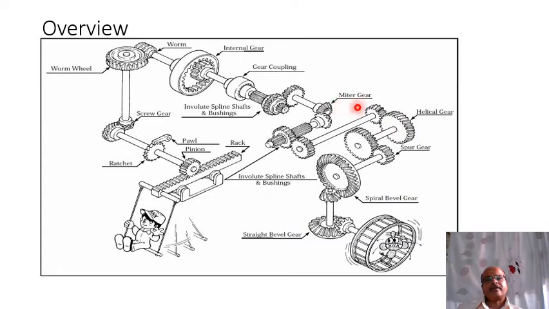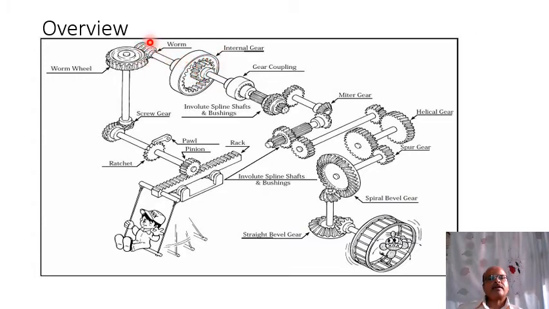Then meter gear. What is the important function of meter gear? Without changing speed, they operate. This is the important function of this meter gear. Then gear coupling as shown in this figure. Then this is the internal gear. So this diagram is very important. Actual position of that gear is shown in this figure.